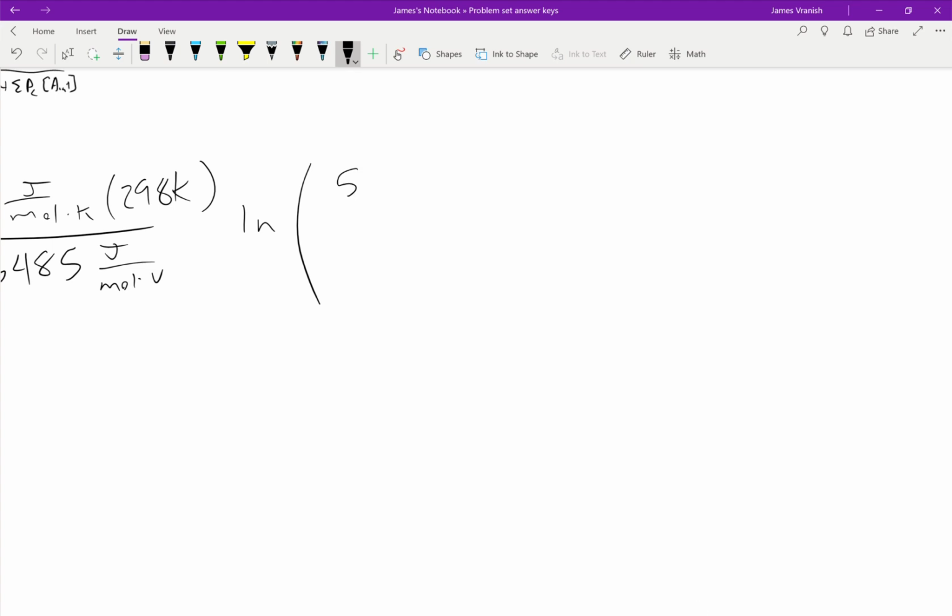So we have 5 times 10 to the negative, sorry, I don't have that table in front of me. Let me pull it up in the textbook for just a second. All right, so cation concentrations, 5 times 10 to the negative 7. This is potassium here. All right, times its concentration outside, which is 0.004 molar. All right, we're going to add to that the permeability coefficient for sodium, which is 5 times 10 to the negative 9, times its concentration outside the cell, which is